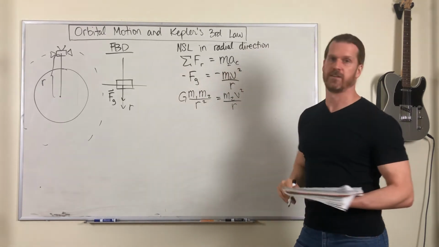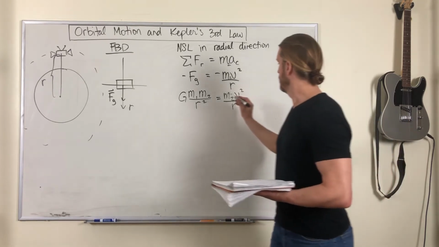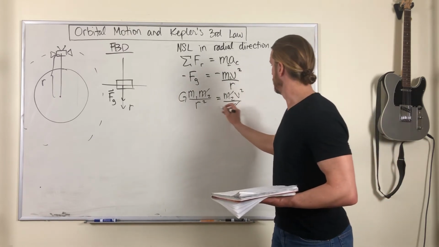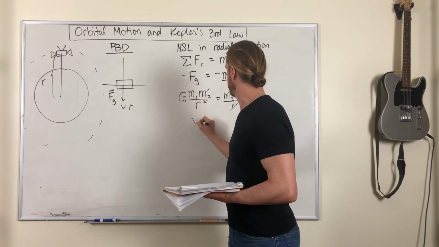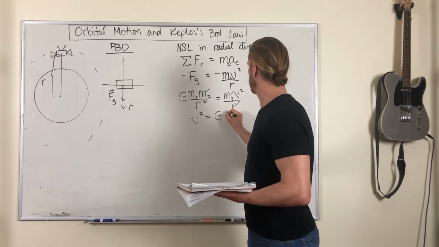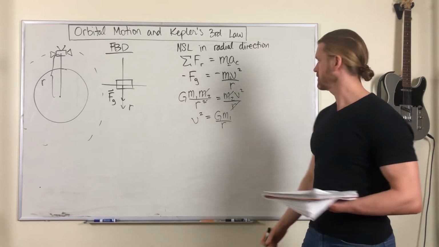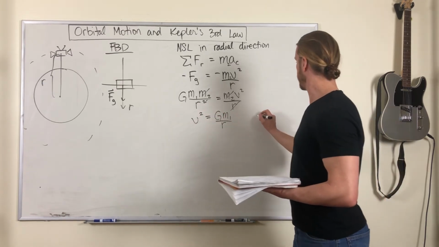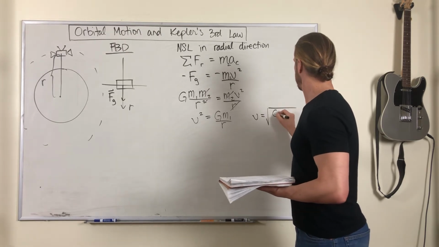On the right hand side, we have the mass of the satellite, which is the object of interest. So those masses cancel out. One of these r's cancels out, and we get a relationship that v squared equals G times mass of Earth divided by r. So right away, this is useful because now we have a formula for the speed